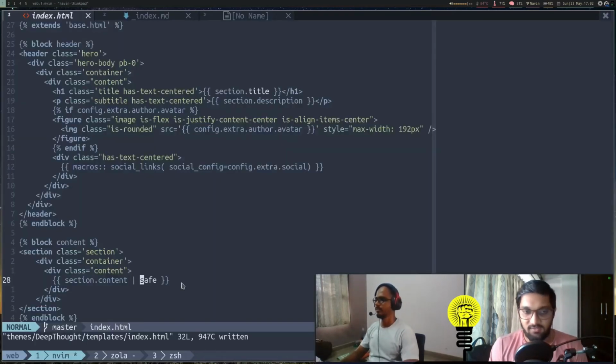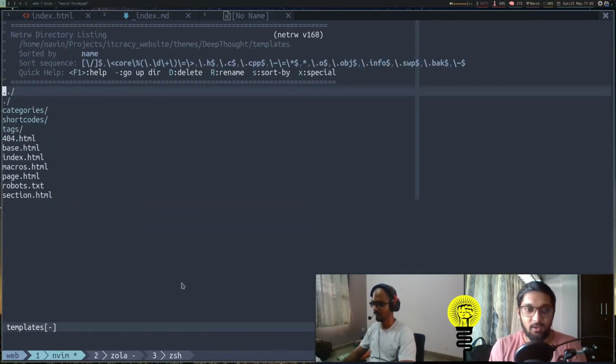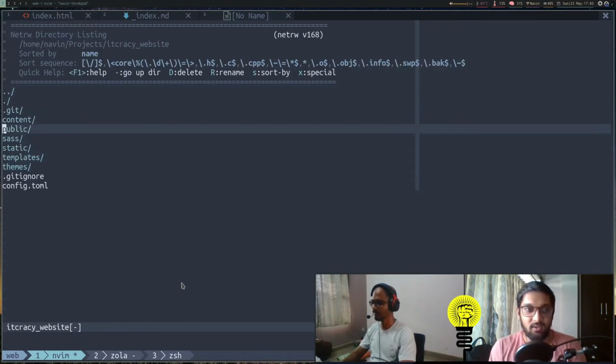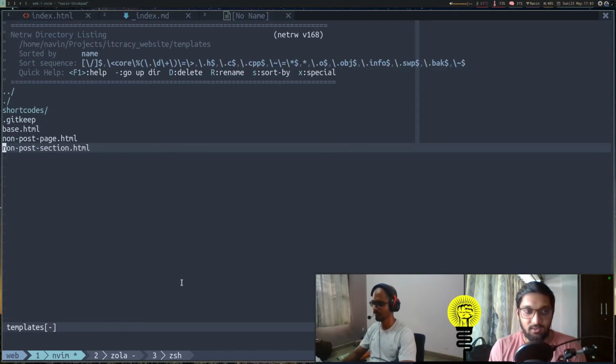Now we will change this. For that, we have to override this content block, but as you already know, we don't override it in our main theme page. What we do is go to our website's templates. We navigate to our website and then the templates directory, and inside that we will create a new file, which is index.html. So we'll create the same file.